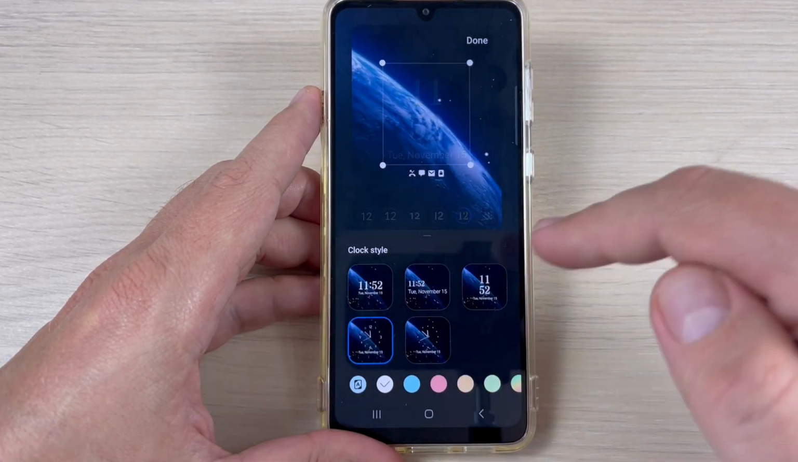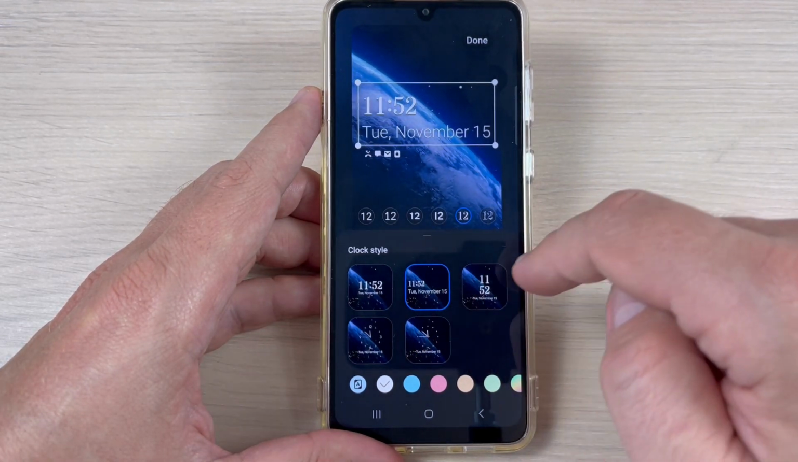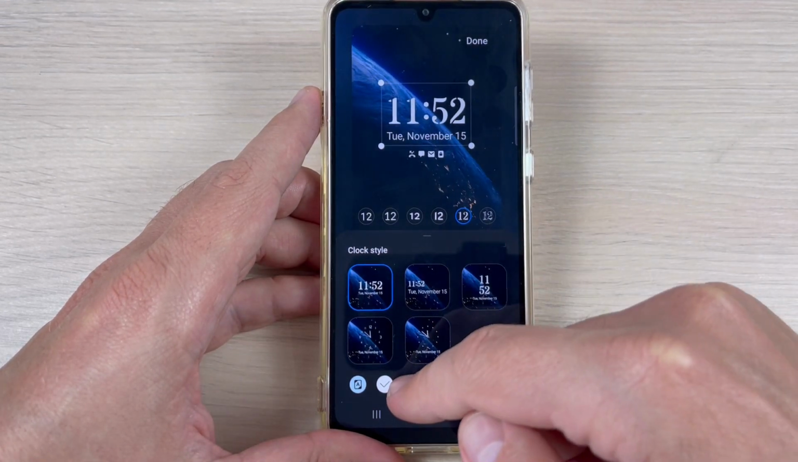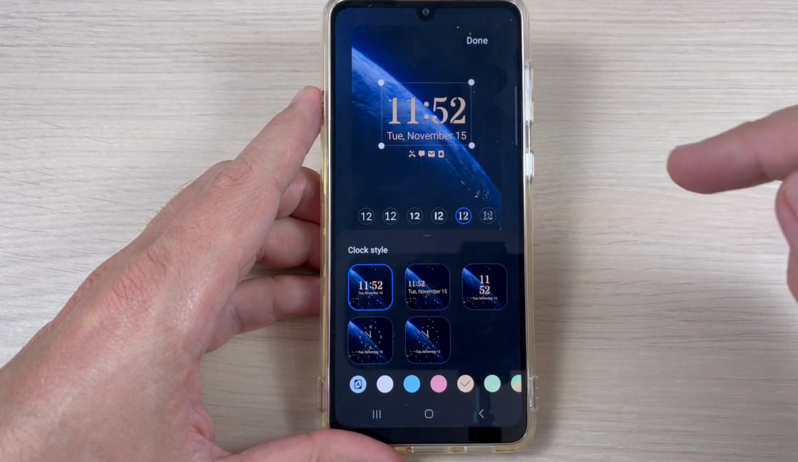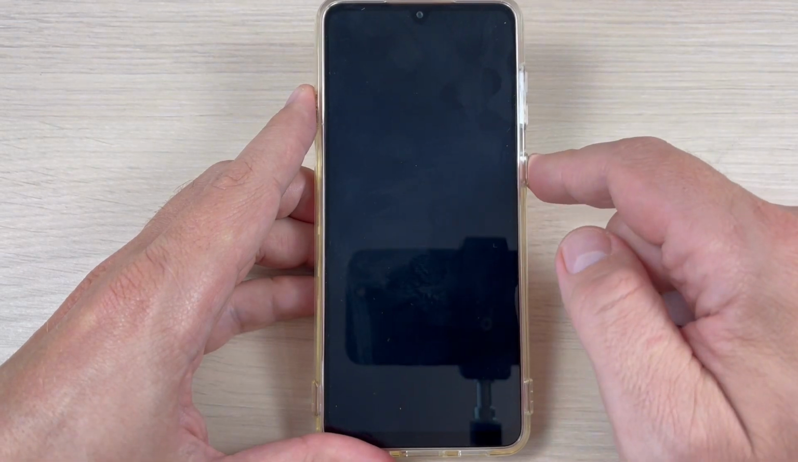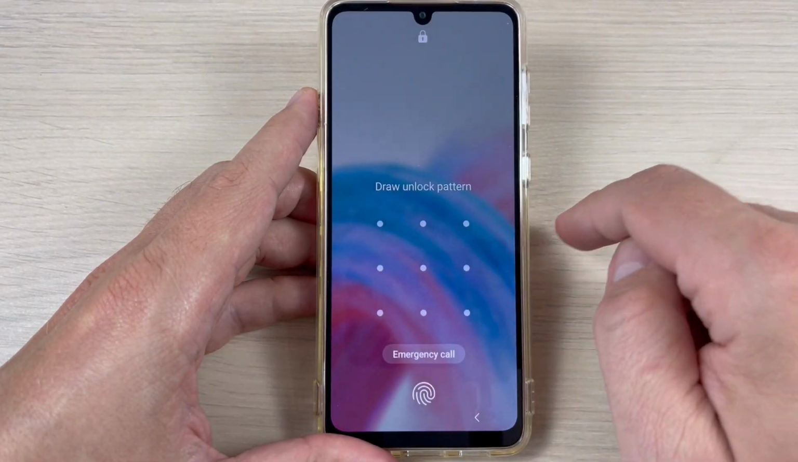In this tutorial I will show you how to change and customize the lock screen on Samsung Galaxy A53, A33 and A73 with One UI 5.0. So let's do it. So here is my lock screen, and to change or customize it, just long press on it,